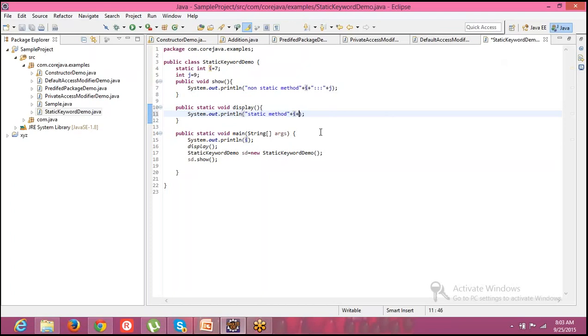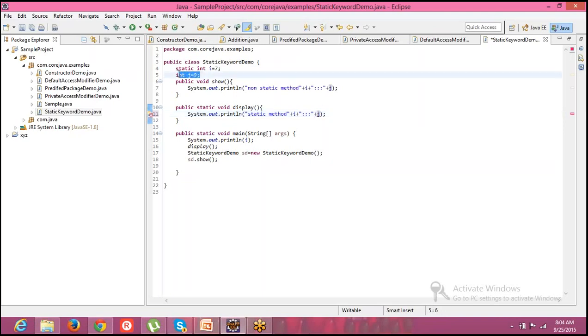Now I wanted to make sure everybody understood this thing. So I just wanted to have j here. See here, what is it saying? Error, right? Compilation error, right? When you place the mouse over it, what is it saying? Cannot make a static reference to the non-static field j. So what does it mean?